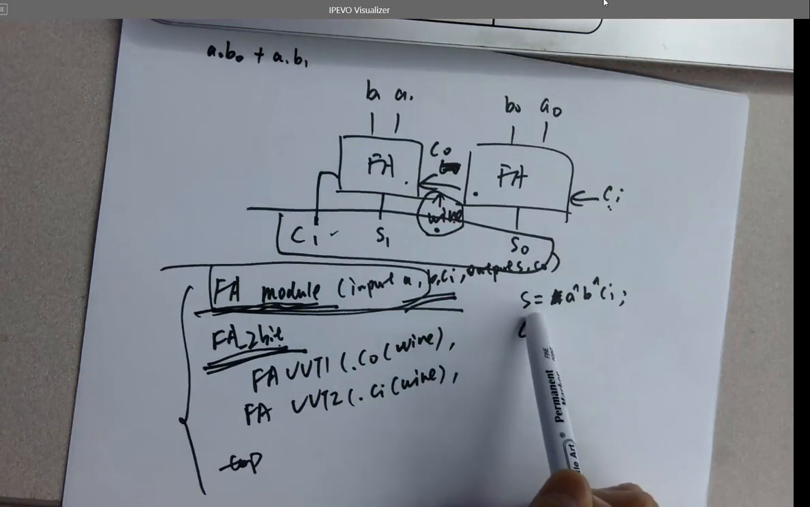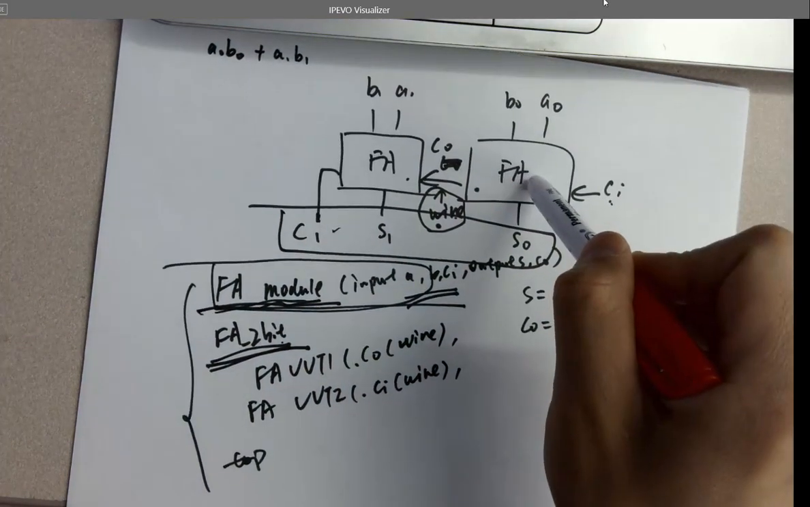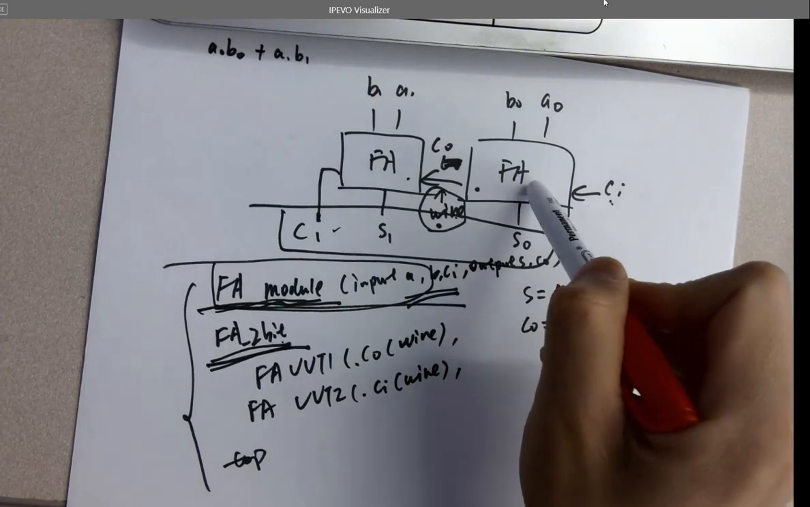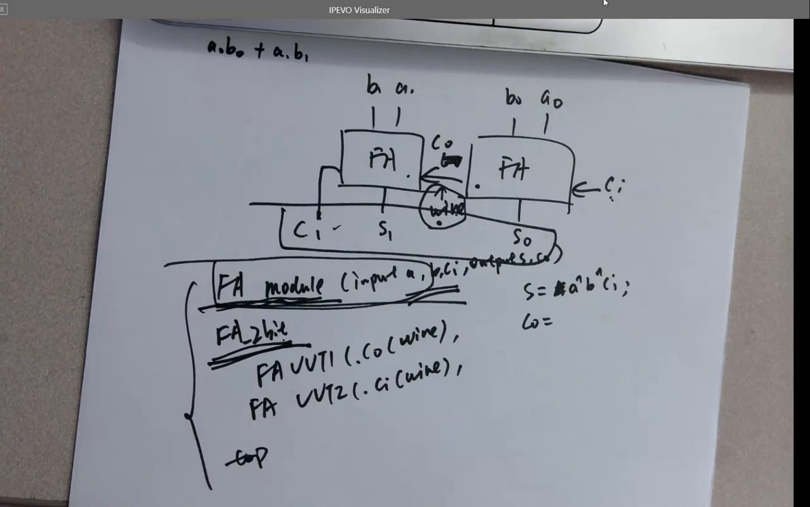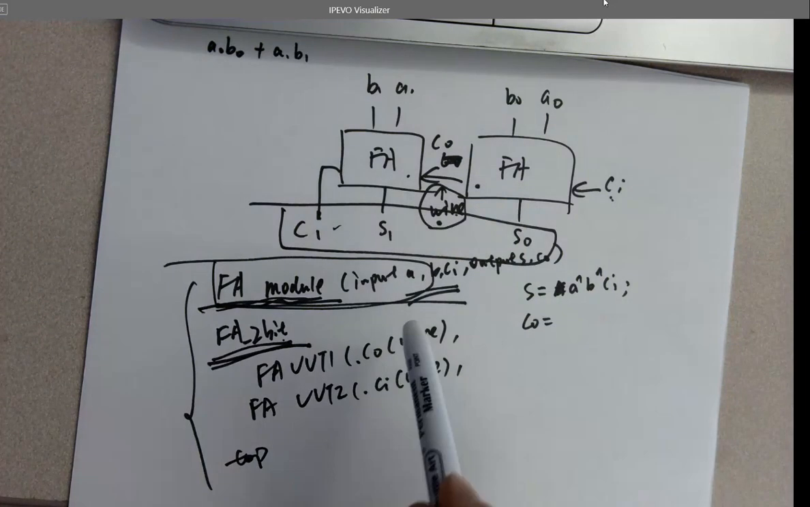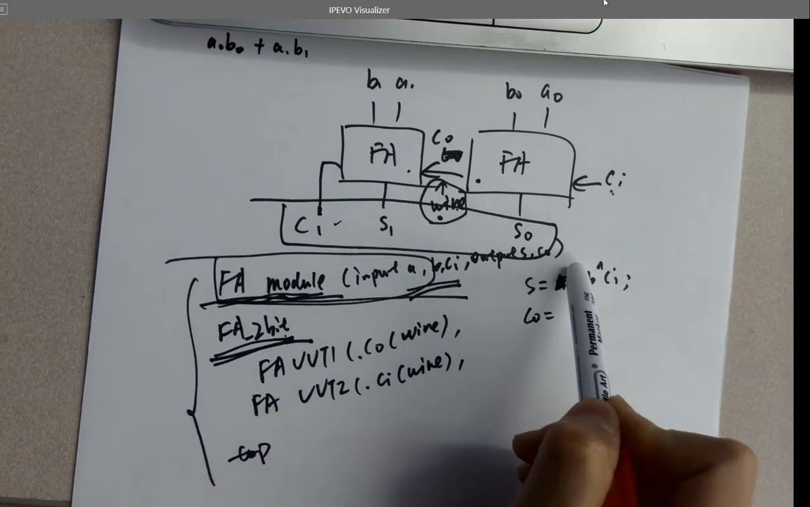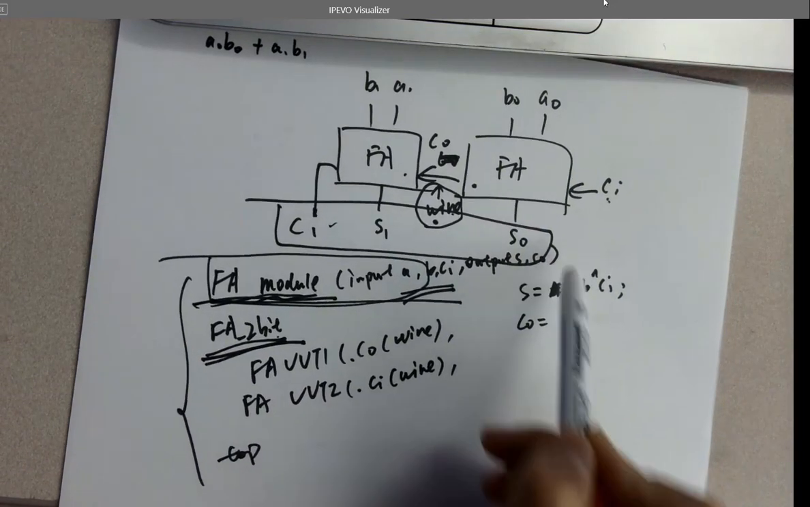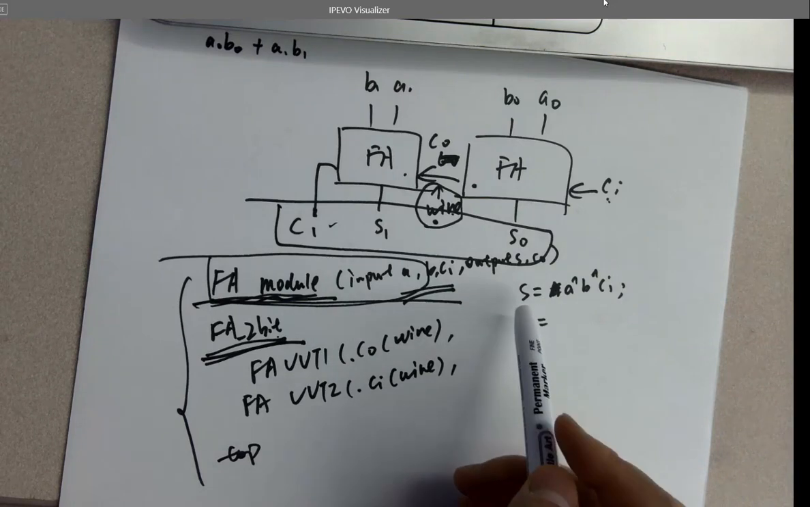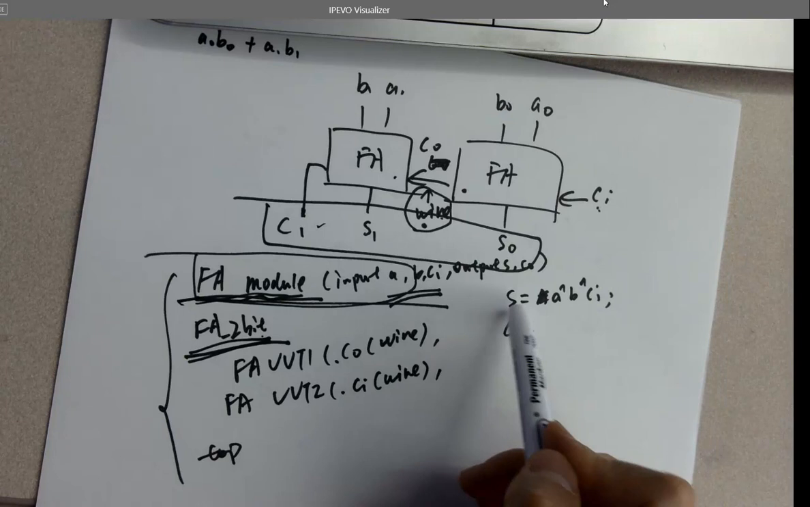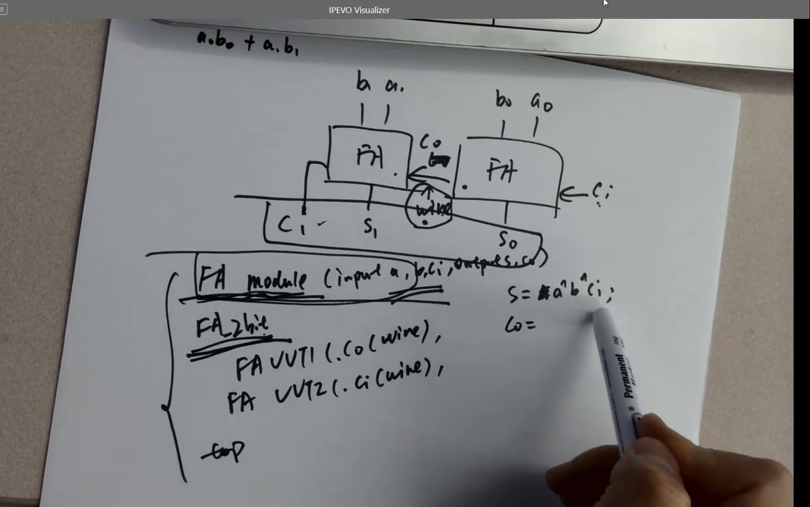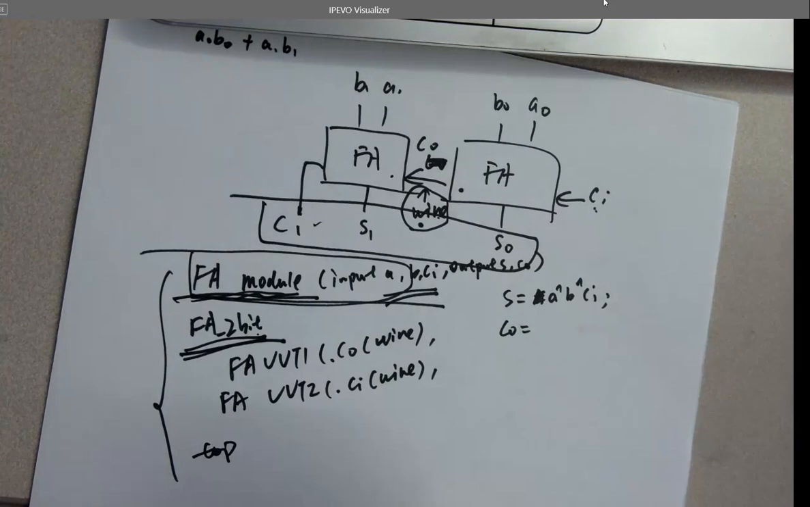So one quick quiz question here is how many inputs and how many outputs for the FA full adder? One single 1-bit full adder. How many inputs, how many outputs? 3 inputs and 2 outputs, okay? So you can have FA module input A, B, CI, output S, CO, and parentheses. Okay, you have signal lines, assign S to be A XOR B XOR CI, and CO will be,